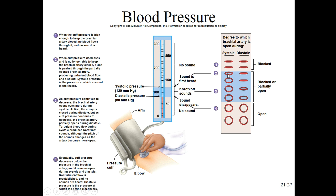What you're going to hear is a sound as blood starts to squirt through the opening. You don't hear it up here because we have squeezed the vessel shut, and so no blood is coming through. But as we bleed off the pressure, it's probably not the best way to say it, but as we slowly let the pressure out of the cuff,